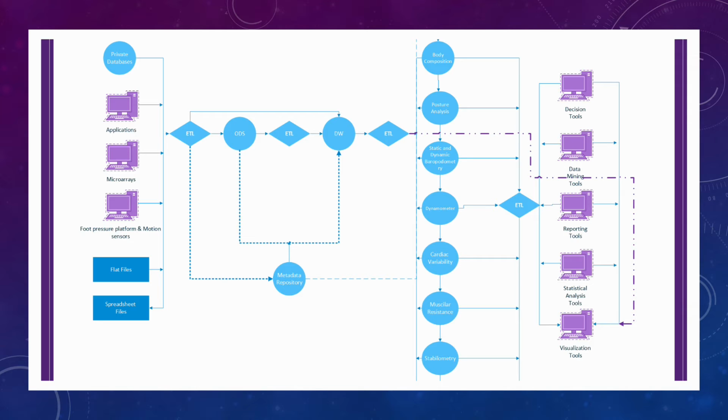The private databases, which are the systems and software Tau already has, the applications, the microarrays, foot pressure platform and motion sensor, and the flat files and spreadsheet files that come from outside sourcing, are connected and come to the ETL process,